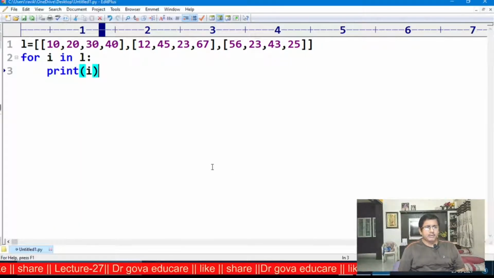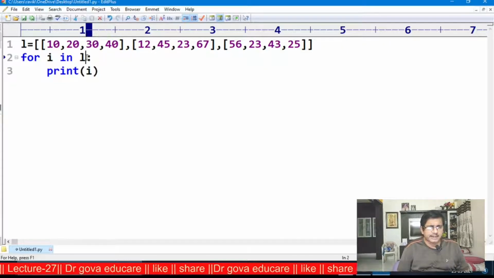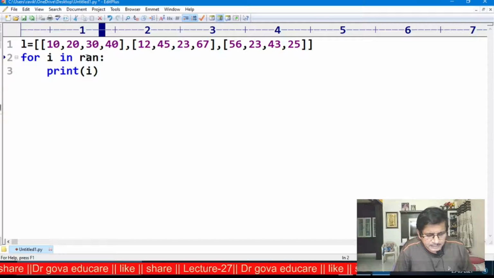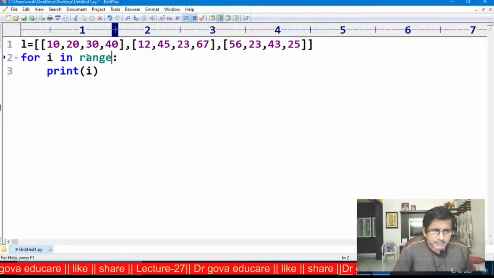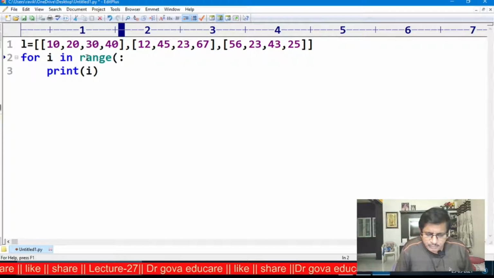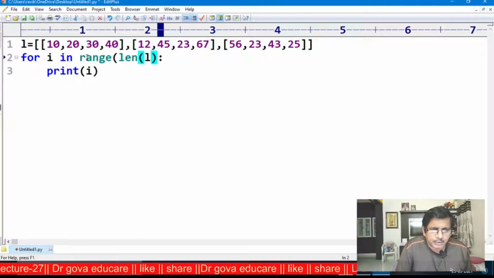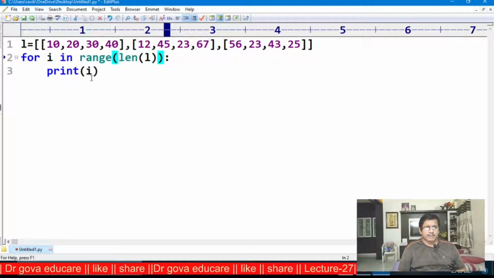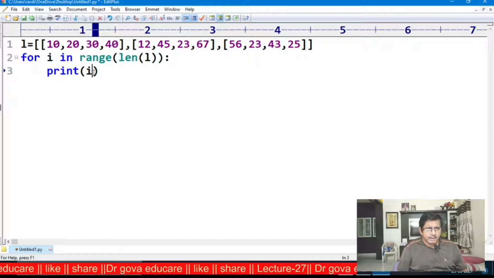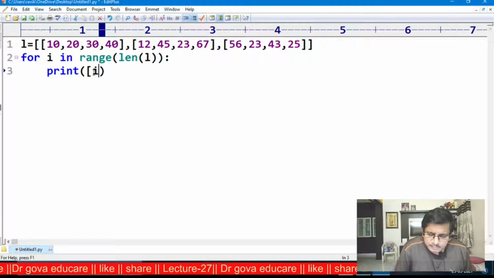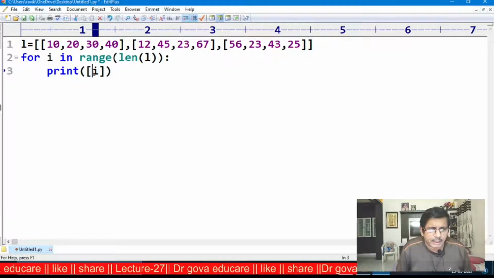Now this is one way of doing this. I am using the range: for I in range, length of L. I am using the length function, and L of I using the indexing.